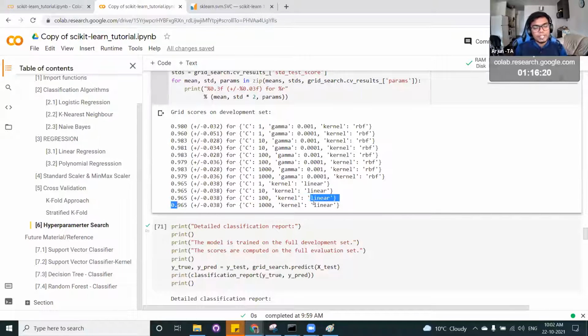So here you can see when you use kernel equal to linear, like a linear classifier, you get like 96. Whereas when you use different hyperparameters, you are able to get 98 as a mean accuracy. So obviously you can squeeze out a little more additional performance when you use a grid search strategy. And